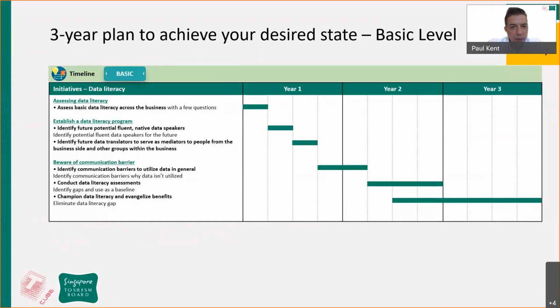Okay, let's go to the next. If we look at the plan again, over a 3-year period, assessing the data literacy across the business, starting relatively quickly in the first quarter, getting the program in place and looking at what needs to be done over the first year. Communication barrier is set as a distinct item, but in reality, it's a continuous process that evolves throughout the entire time. And then looking at some of the other areas, the champions, the ongoing assessments and so on are continuously ongoing as well. To move to the next.